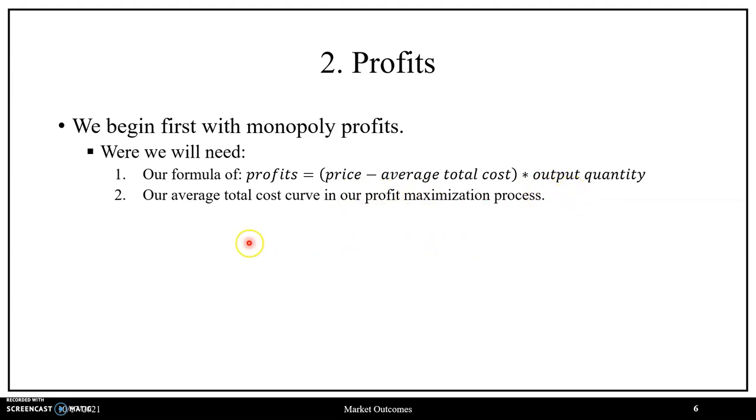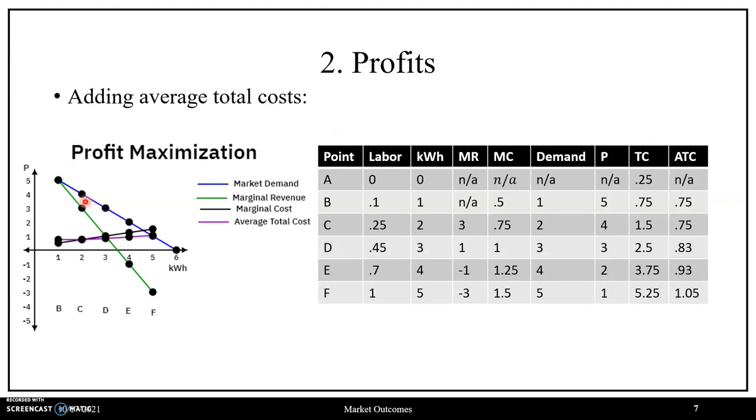And the second thing that we'll need is our average total cost curve in terms of our profit maximization process. So with that in mind, let us now consider our profit maximization process and incorporate average total costs. So let us move to our table representation and generate our average total cost curve. So beginning with our point D, let us first recall that average total cost is going to be total cost